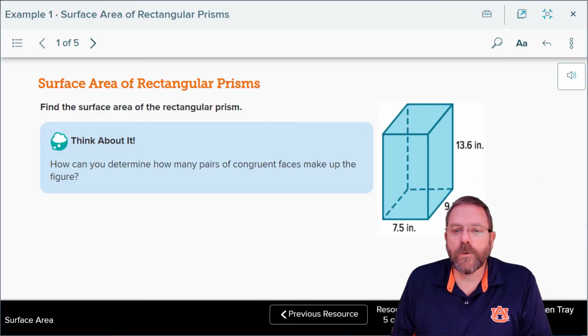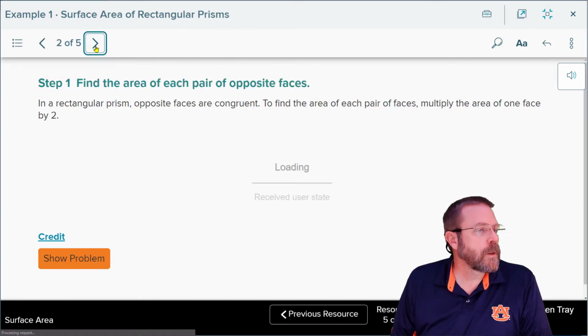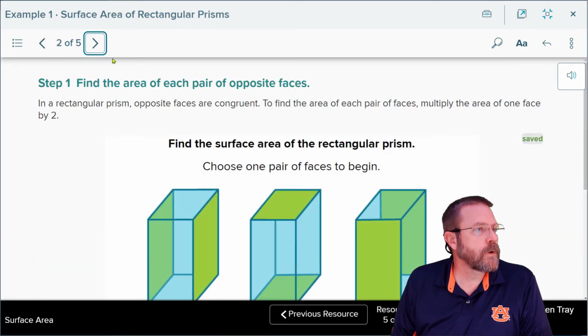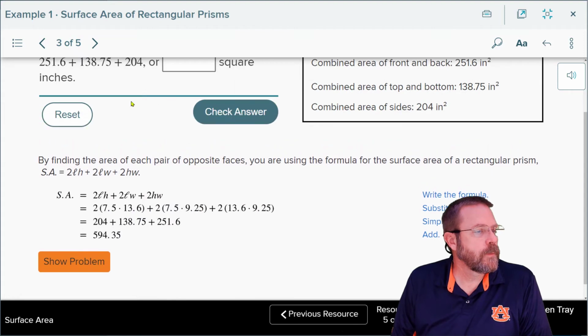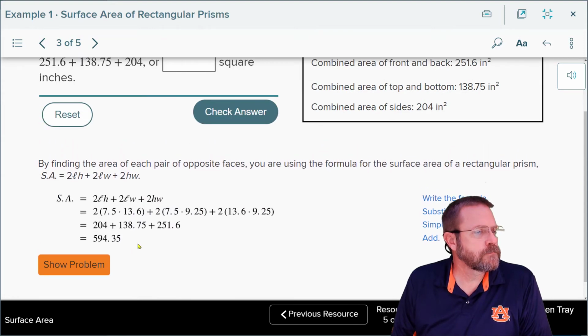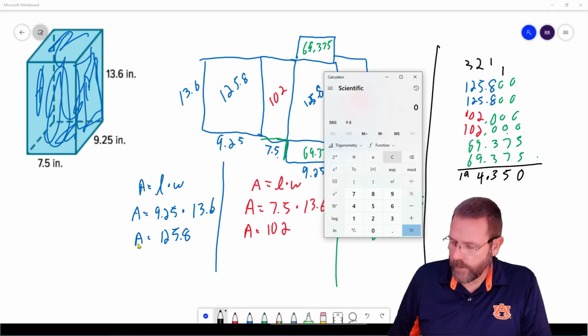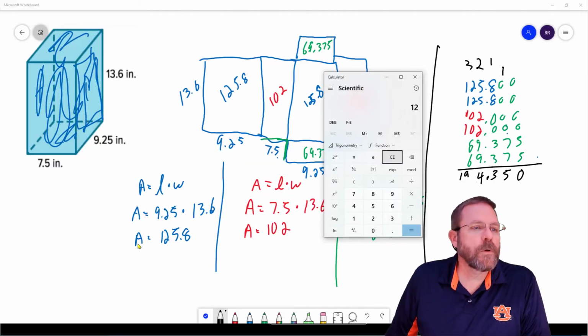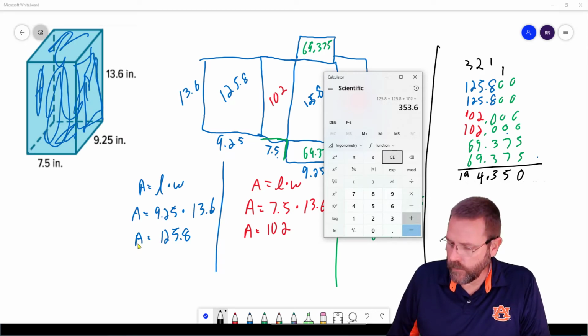The textbook wants us to take, and how did they end up working it? Let's take a look. They ended up getting a different answer. Let's see what we did wrong. Start off by just adding them. 125.8 plus 125.8 plus 102 plus 102 plus